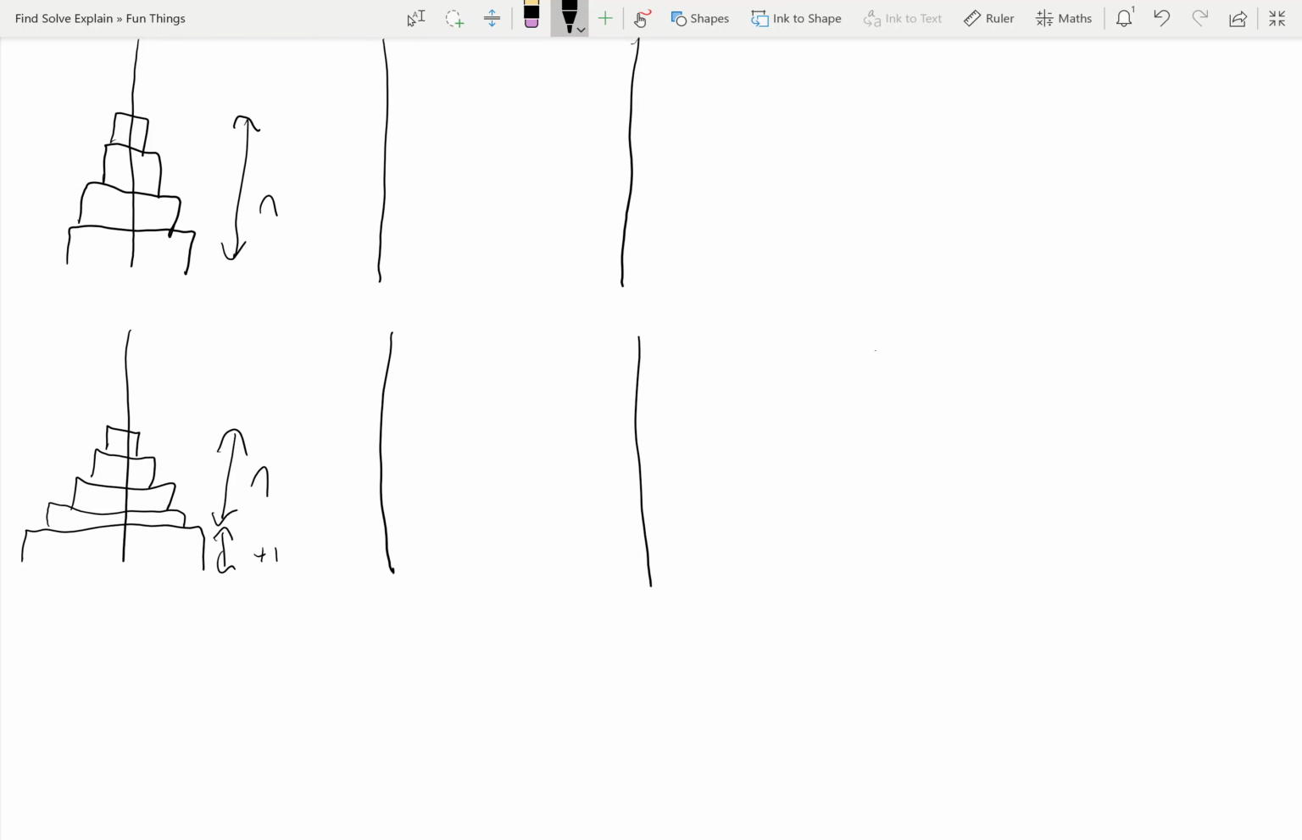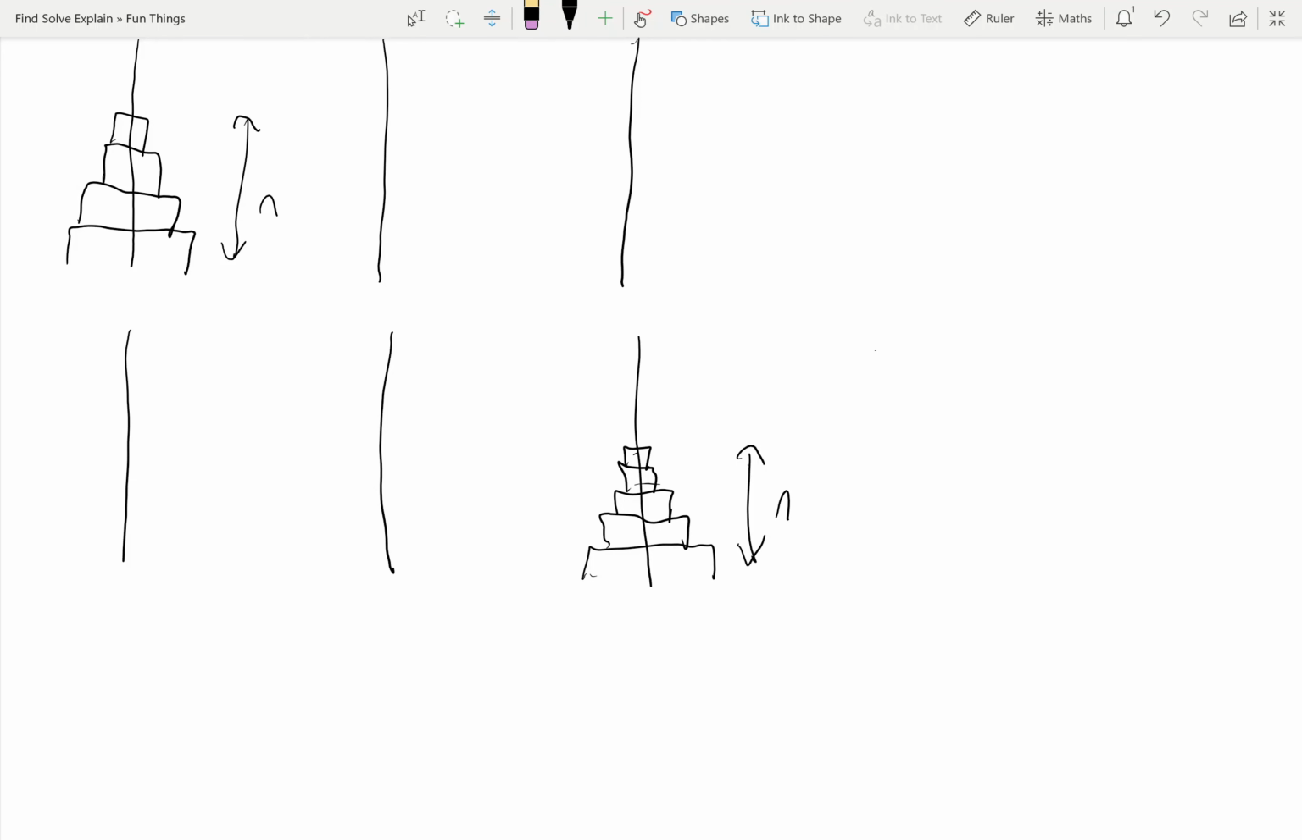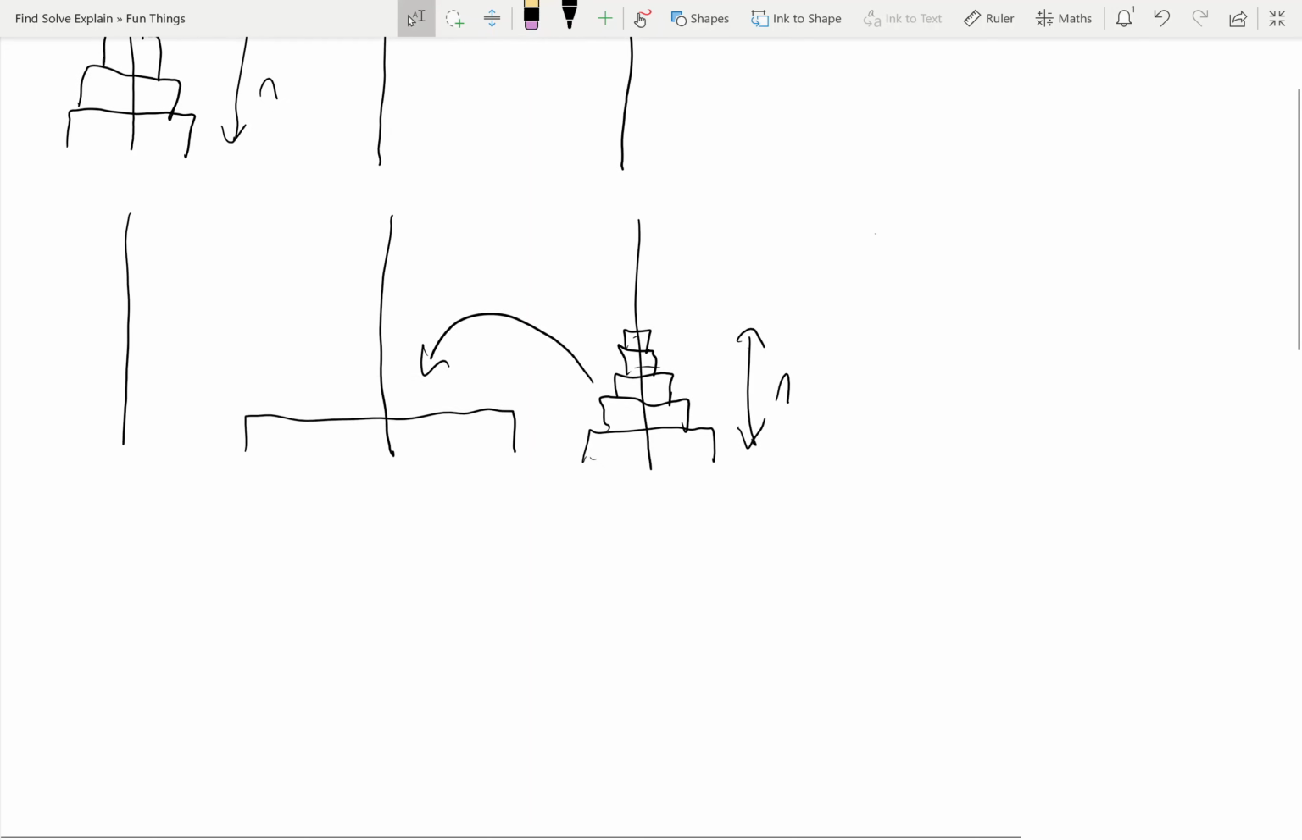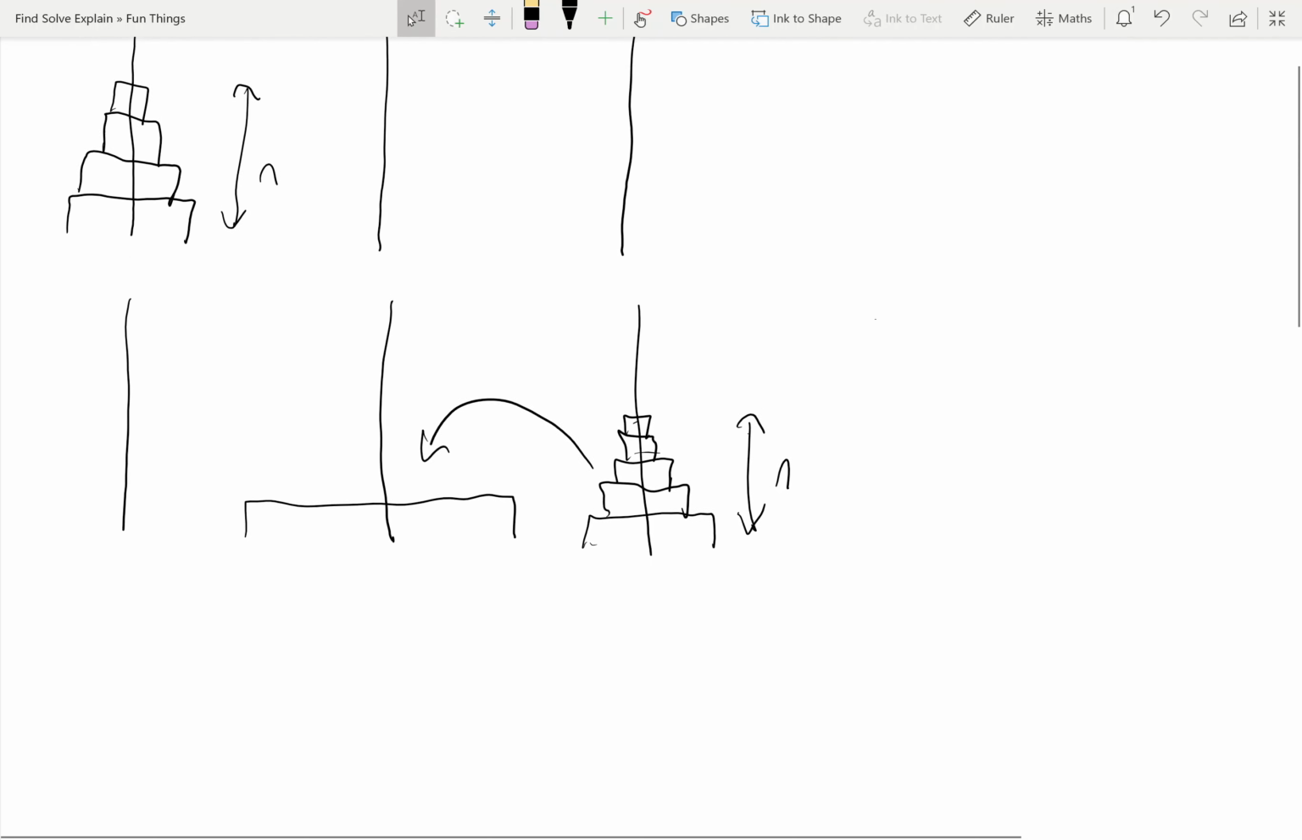Now, you know how many moves it takes to move n disks, so you do that. Then you move this disk once. Then you move all the n disks there again. And that means that